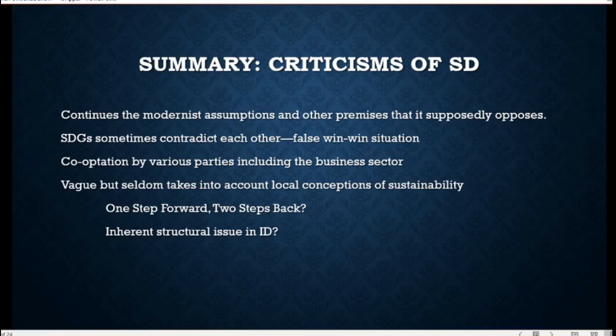will be inherently difficult? I also want to end with a more positive note, because sustainable development is a very vague concept. So I want to ask, is it possible for local people, or for grassroots actors, or for alternative development thinkers to reclaim sustainability? Like, can you use the same term, which is already now very powerful because of the sustainable development goals, to talk about things that you really care about? Do we want to do that?